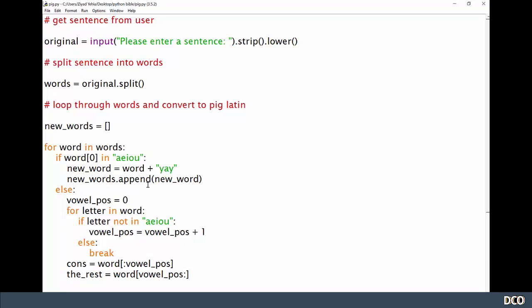And that's a bit complicated, but bear with me. Now, we just need to take the consonant position and add that onto the end. Okay, add all the consonants onto the end and add "ay". So now the new word is going to become the rest plus the consonants plus the phrase "ay". Woohoo! We did it, right? So I think that should be pretty much it. Now we just need to append that word to the new words list. new_words.append